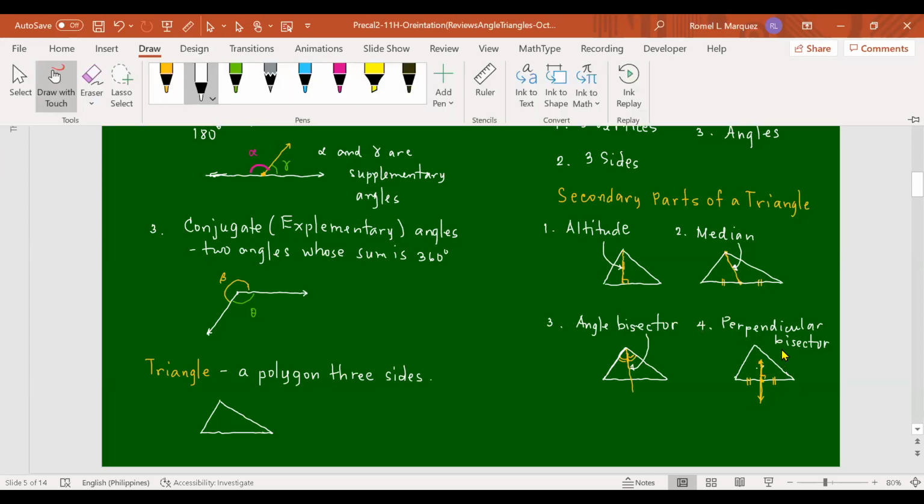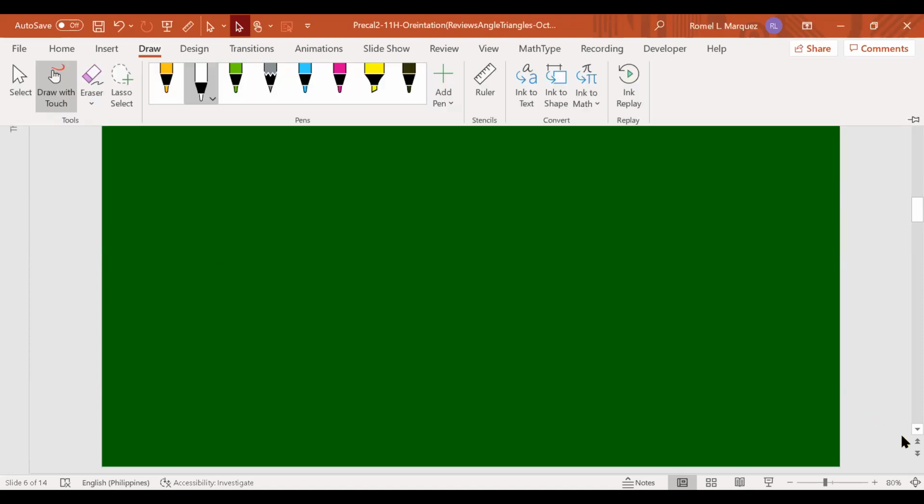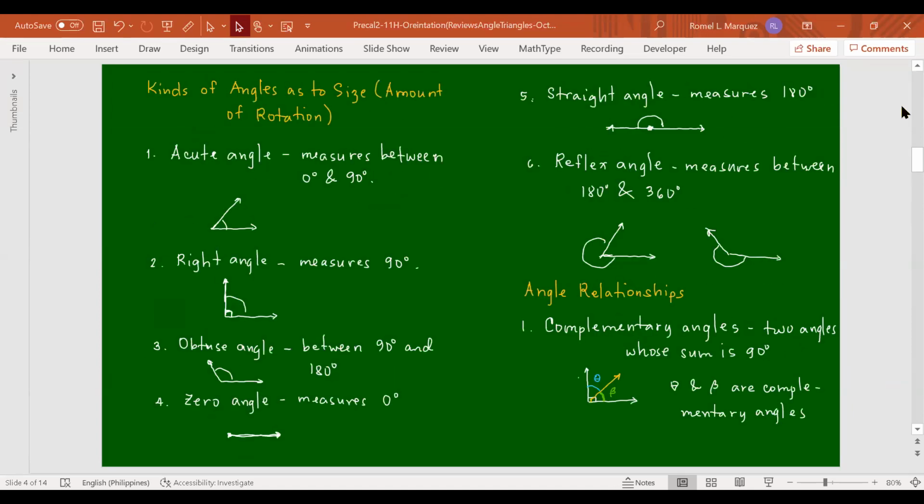Yes. What else? So we have kinds of triangles. By the way, these two, these accessories or these